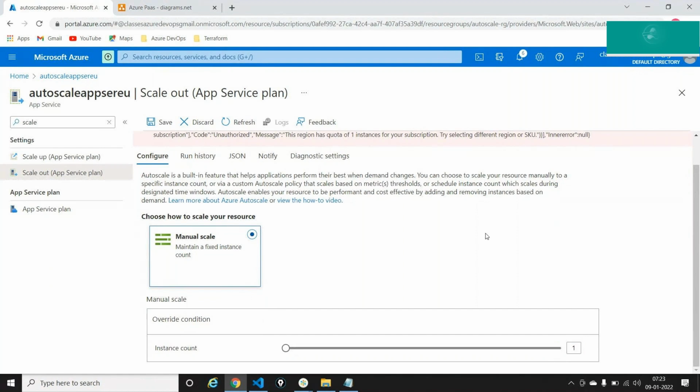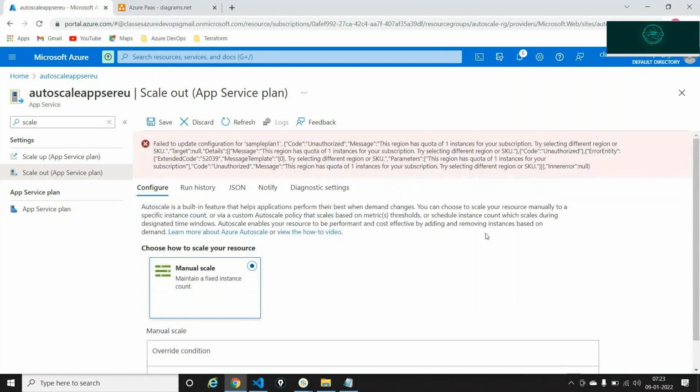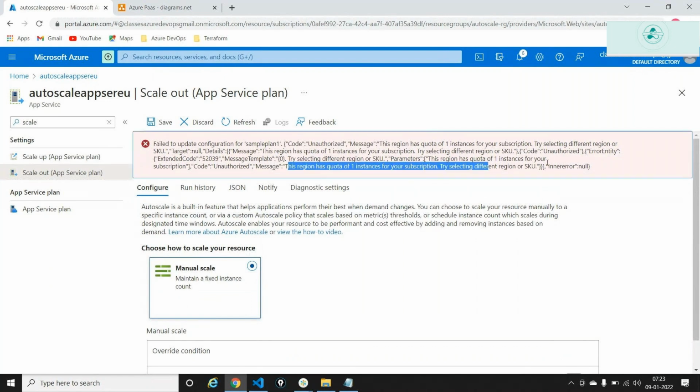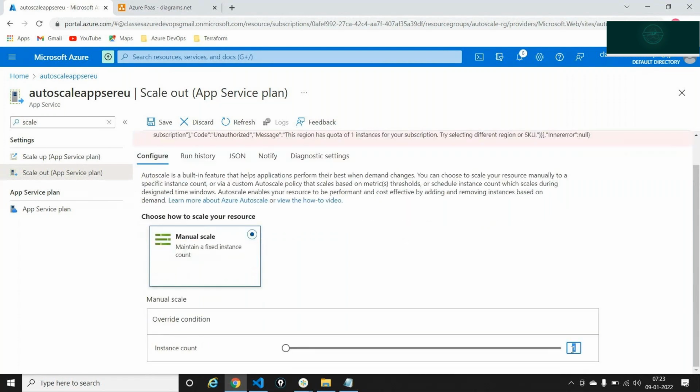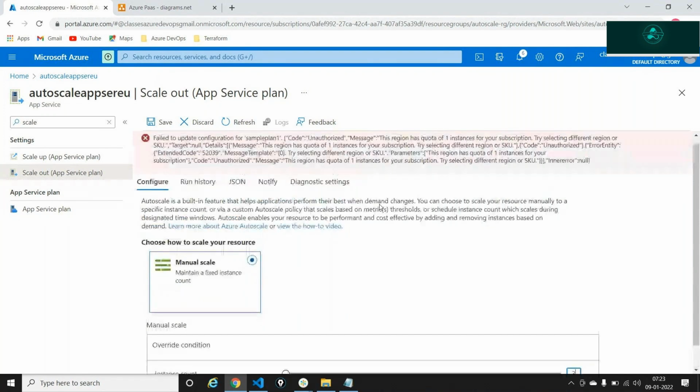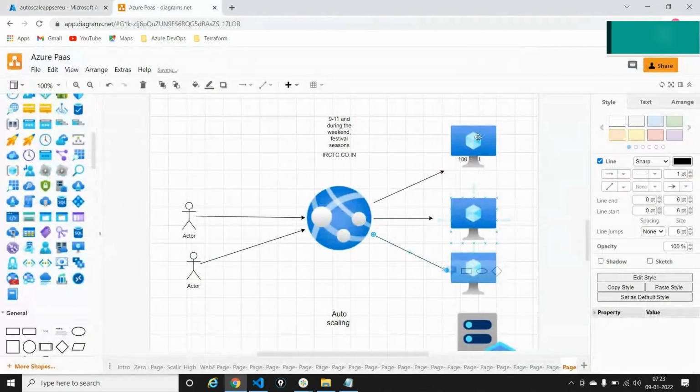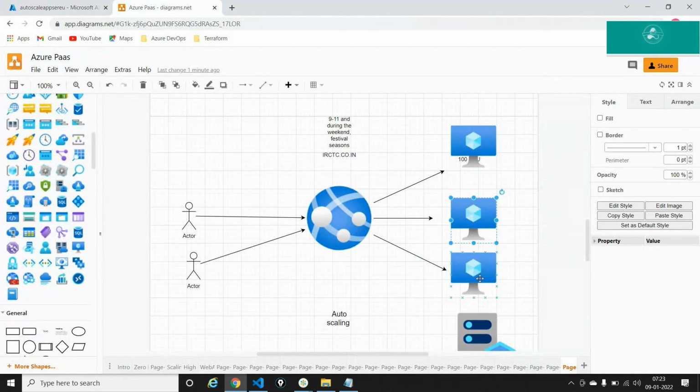I cannot really go to a higher instance capacity out here, because any region that you take will not support more than one instance out here. The reason being, this is a free trial account, so this won't really support out here. But what will happen here is that as and when I hit 3 and just say save, there would be 3 virtual machines that will be running in the backend on the same plan each. So S1, S1, and S1,